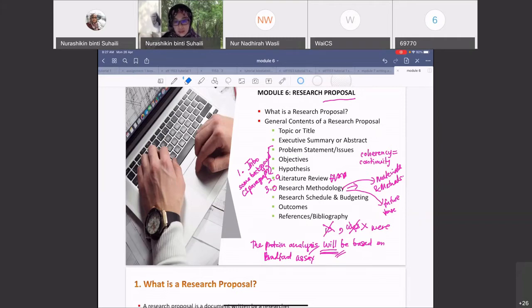Okay, research schedule. Yeah, it is normally a Gantt chart. Okay, budgeting is only for other types of research, not for FYP. So in your FYP proposal, you don't have to include the budget section. The purpose of budgeting is for other types of research proposals, like if, let's say, I want to apply for a research grant. Like me, I already have the degree, so I don't need to do